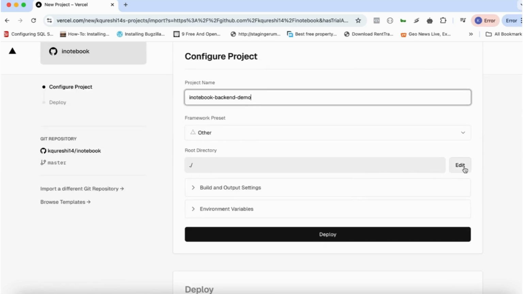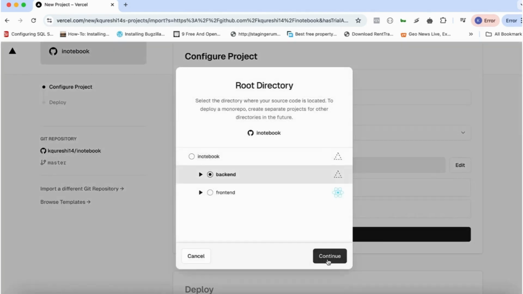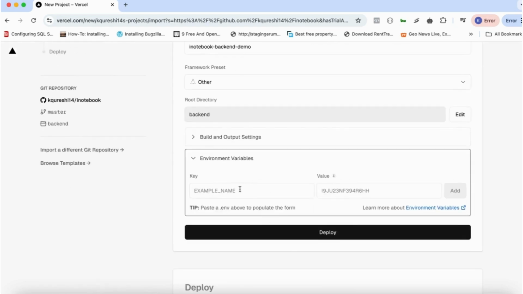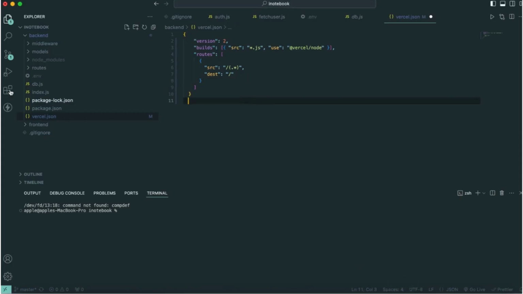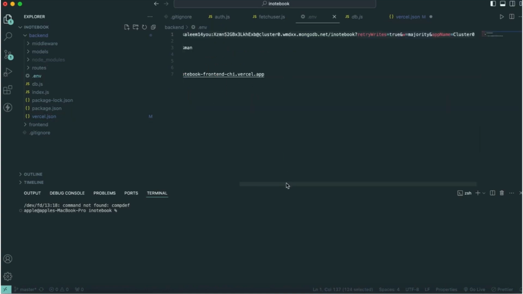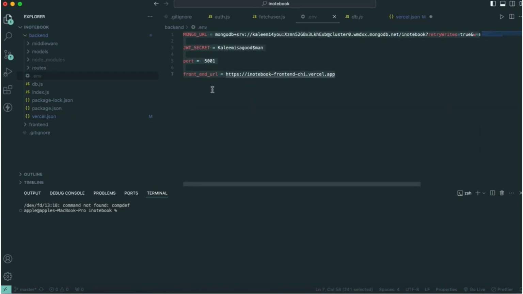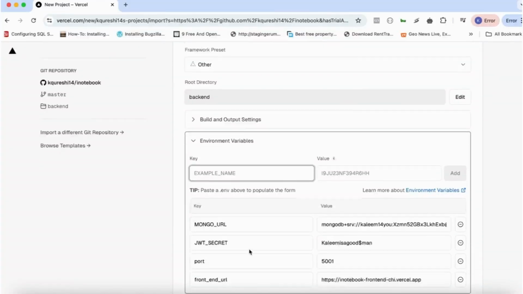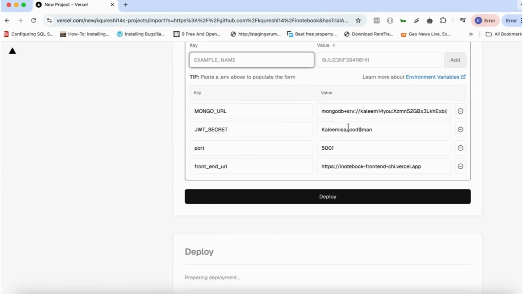So I'm going to select the backend, continue, and for environment variables, one thing that you have to make sure is that the environment variables you already mentioned there, you can just copy all the information from there and paste it here, right? You can see that all the information is pasted. Just use the deploy button,